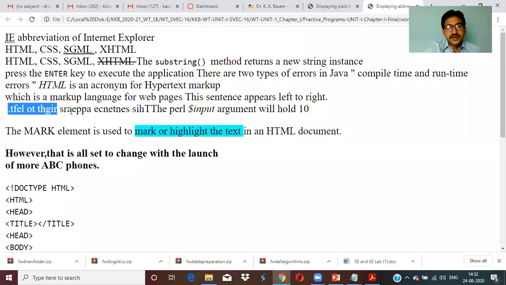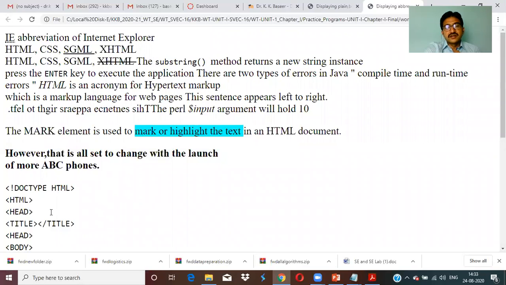See here, this is printing in a reverse way. This sentence appears right to left. If you read from here, if you read this way, and if you are using mark, you can mark like a cyan color. That's why it is in cyan color.